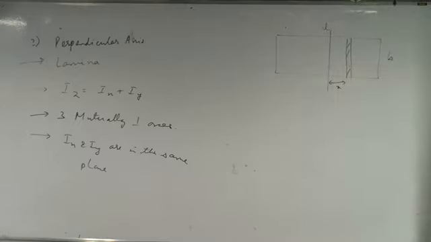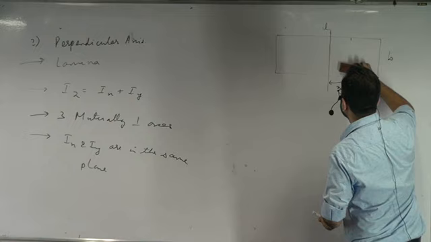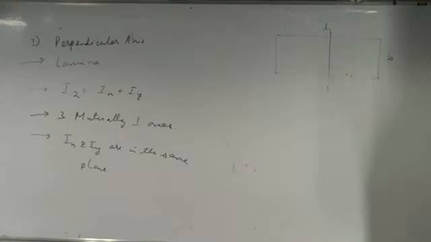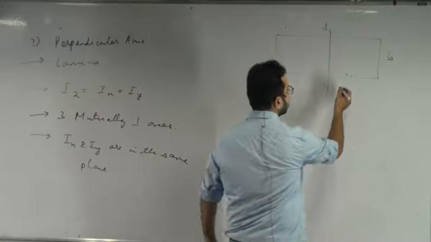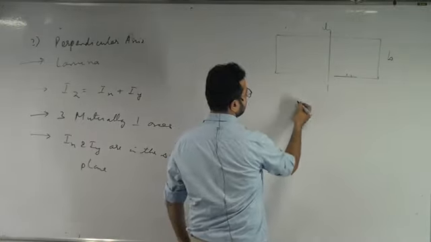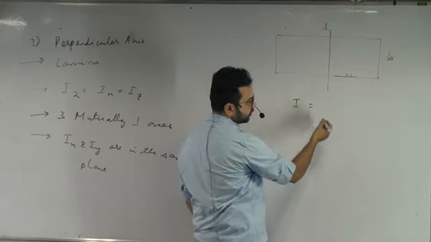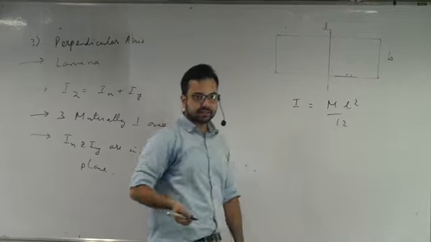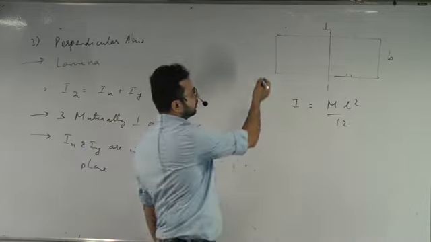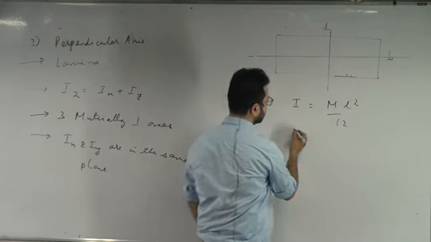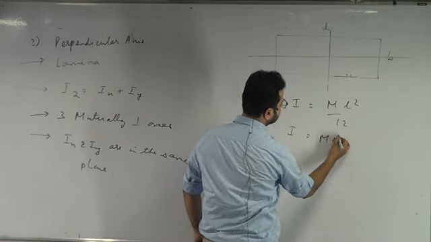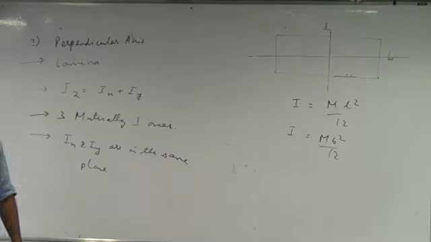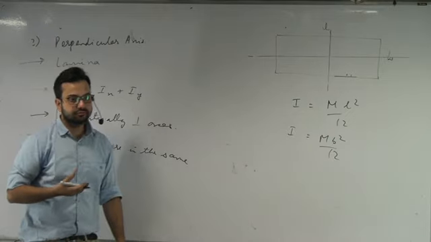ठीक है, नहीं अभी नहीं, घर पे. ठीक है, ट्राई डूइंग दिस एट होम. ओके, बट आई कैन टेल यू दैट द मोमेंट ऑफ इनर्शिया for this one would be ml square by 12. If we choose this axis, ml square by 12, or if we choose this axis the moment of inertia would be mb square upon 12. Symmetric है, समझ में आ रहा है? ठीक है,